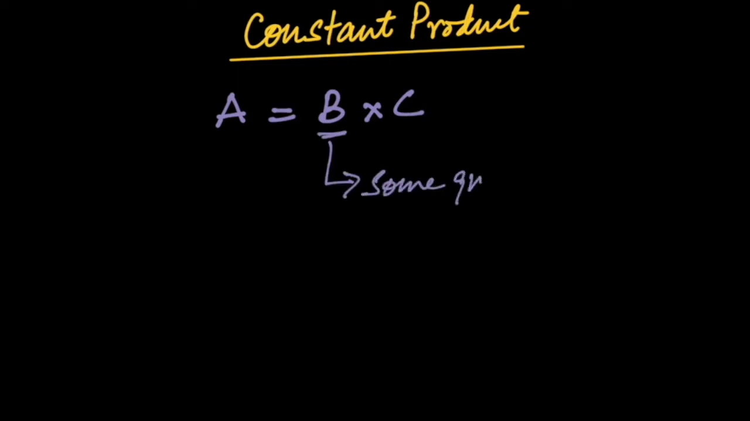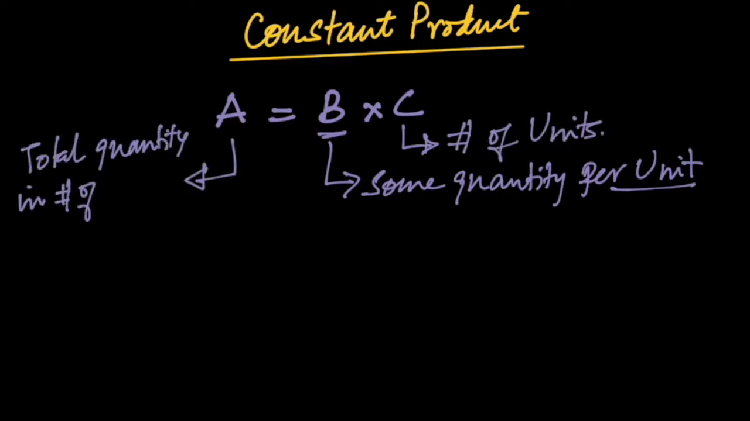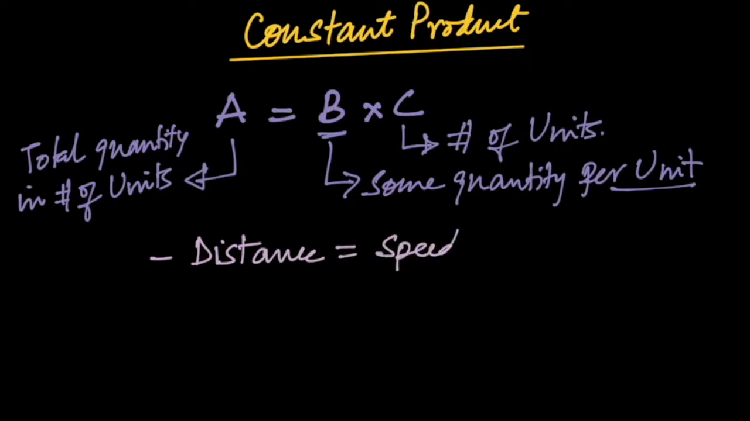Hi friends, welcome. In this video, I am going to talk about things related with constant product, like time and work and time and distance. In constant product related concepts, you have a quantity A which is a product of B and C, where B is some quantity per unit and C is number of units, and A becomes total quantity in those number of units. For example, distance is speed times time duration,